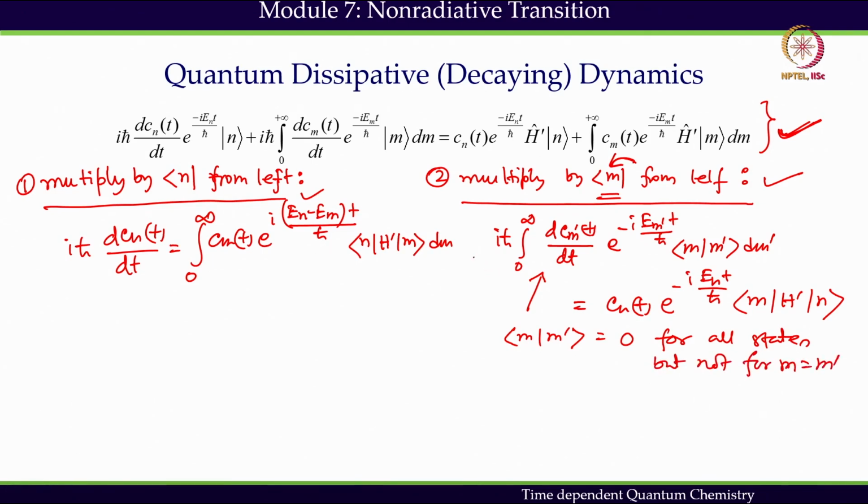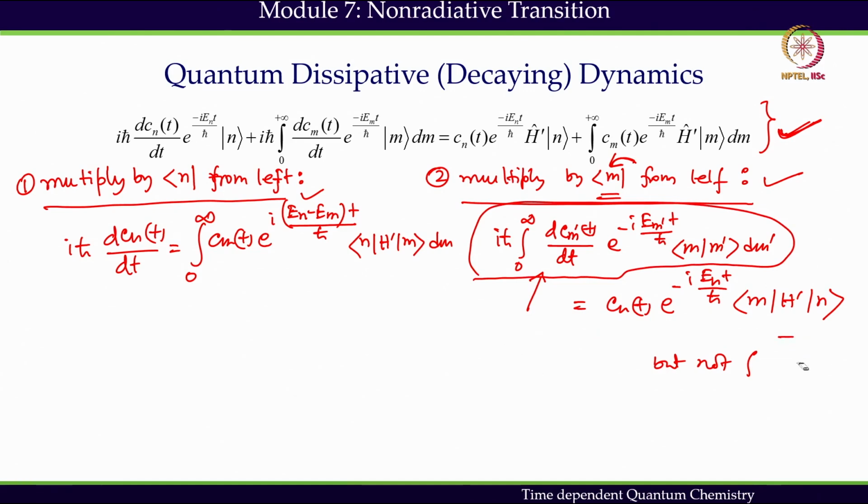So this entire integration becomes 0 except for one term, and the term is going to be m equals m dash. And if I use that condition, I'll be able to write down